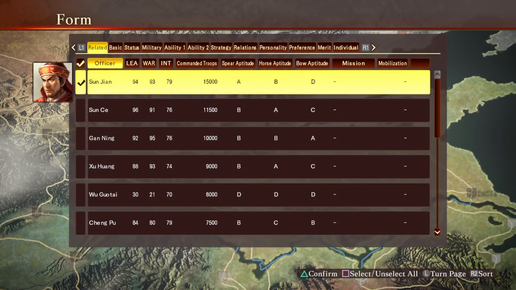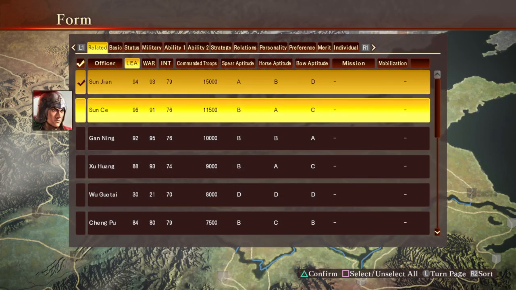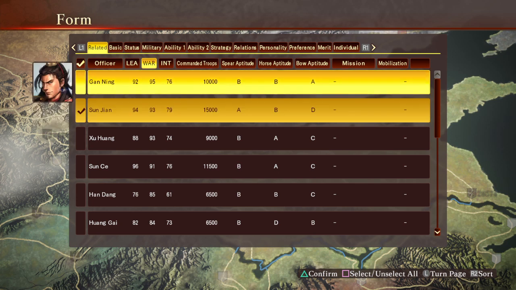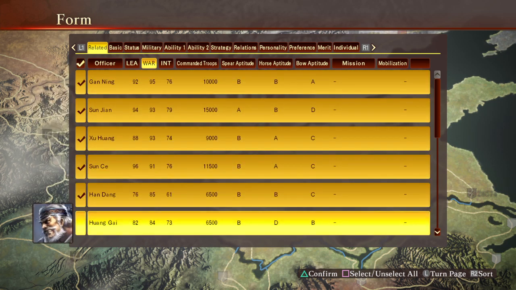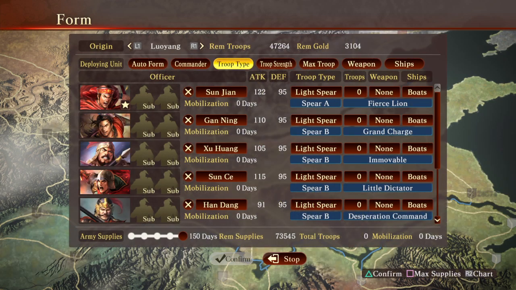So when we pick Sun Jian, let's go back to war. We get them way on top: 1, 2, 3, 4, 5, 6, and 7, and then we can max the troops. See, we're short on supplies. Even at this point in time, we cannot have... So supplies, that means we can only field...